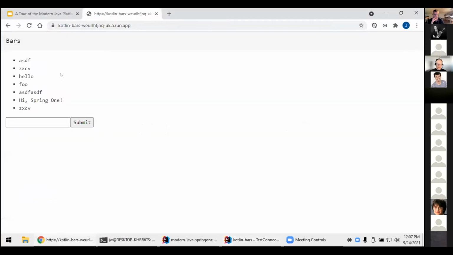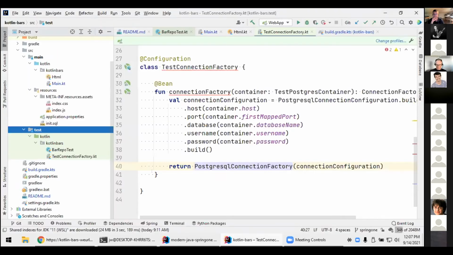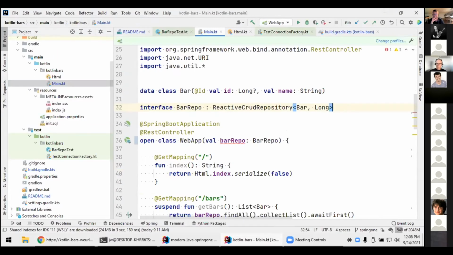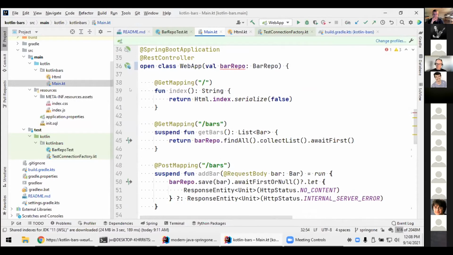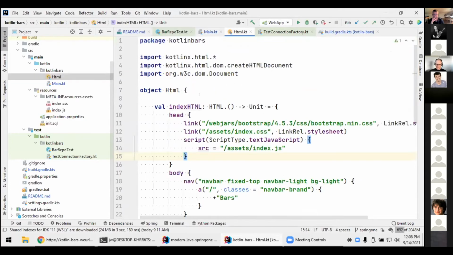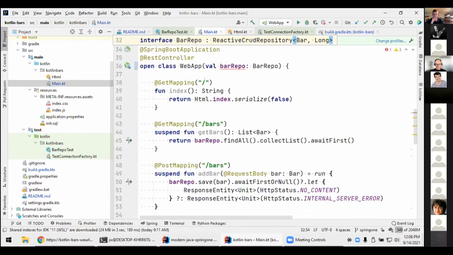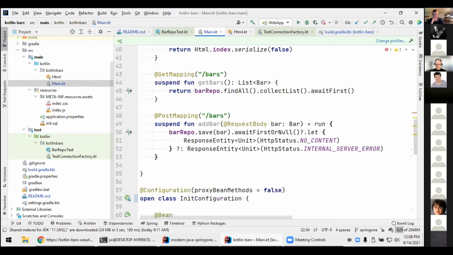So you'll remember that we've got our application up and running here, and of course I can run it locally. But if we go back to our main.kt, our main Kotlin file, we can see a few other things that are interesting. We've got our get mapping, which is using a Kotlin library to construct our HTML page. So a nice type safe way to create HTML if you're into that. But the more interesting parts, more relevant parts that I think are where we get to nice modern pieces of this